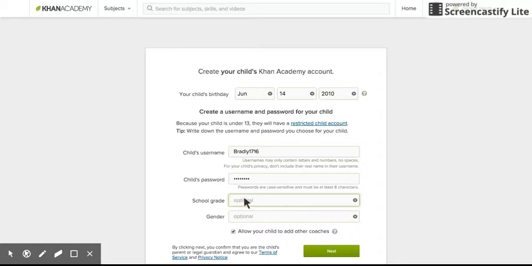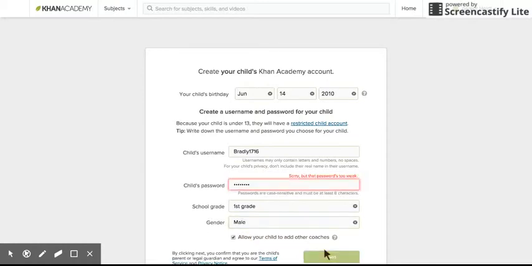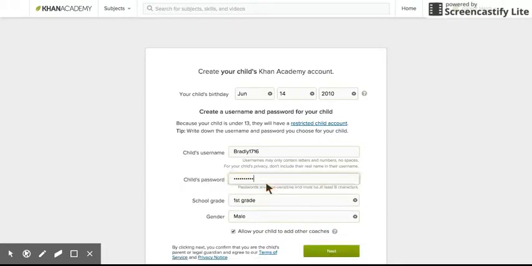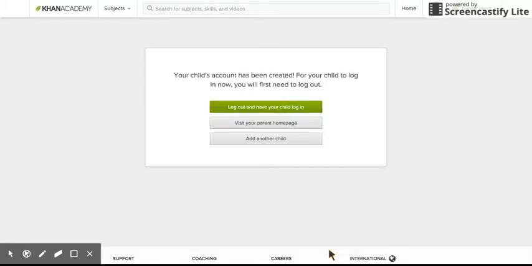Now it wants me to choose a grade level. So I'm going to go ahead and choose first grade, and of gender. And again, I can choose to or not. And I want to go ahead and allow my child to add coaches. So I click next. Oops, it says my password isn't strong enough, so I need to add something else. Click next. So now my child's account is created, and at this point I can log out and log